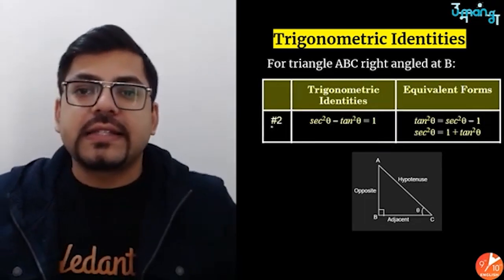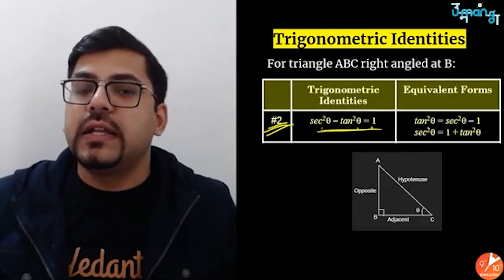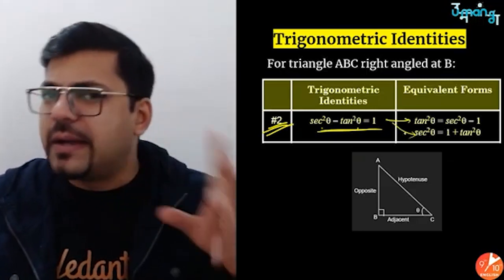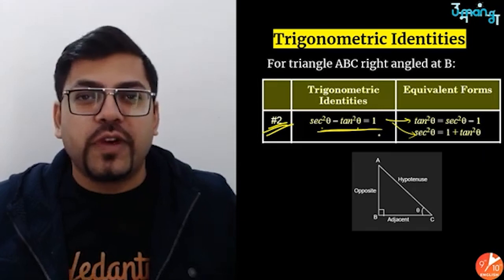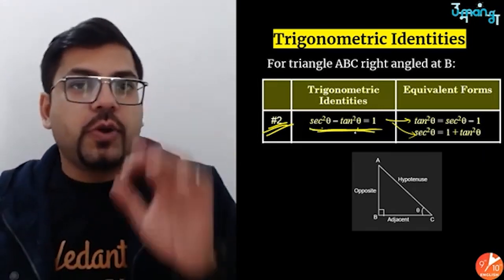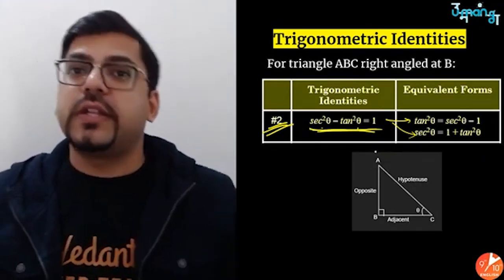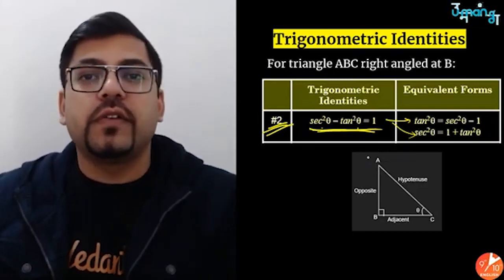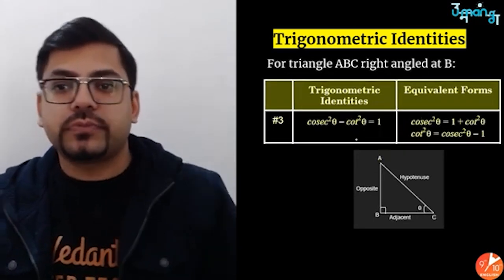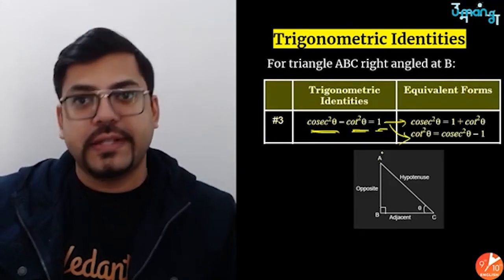Now, the second formula: sec square theta minus tan square theta equals 1. In this second formula, we again get two sub formulas by jumbling. Just remember them. I hope you have remembered it by this time, but if not, please pause the video and write it down, because these formulas are going to be very important when we solve the questions based on them. Moving ahead, next: cosec square theta minus cot square theta equals 1. Again, two sub formulas for this as well.